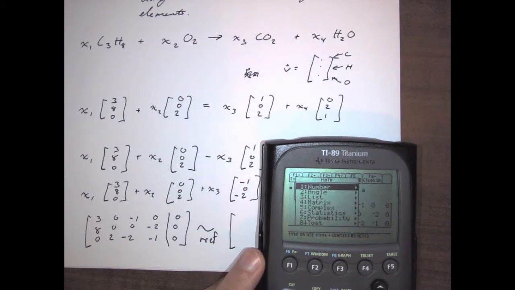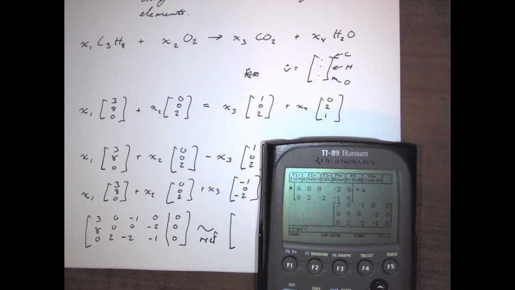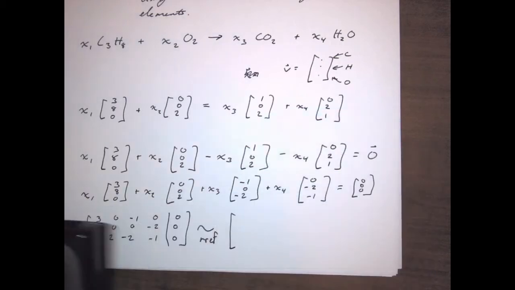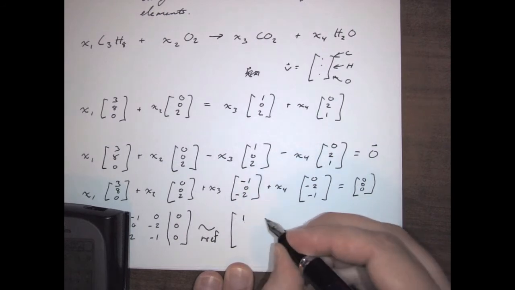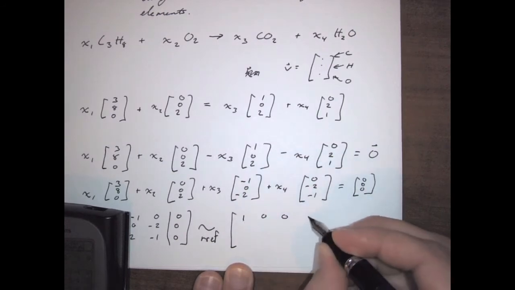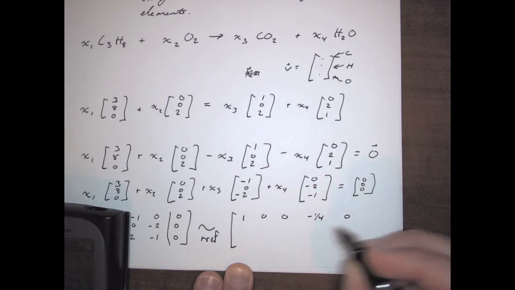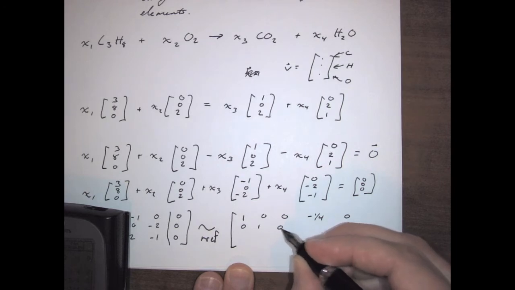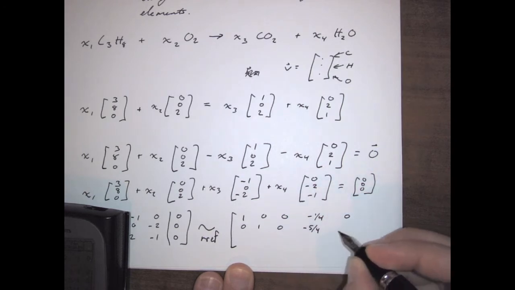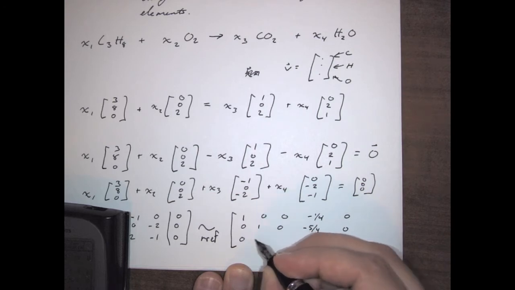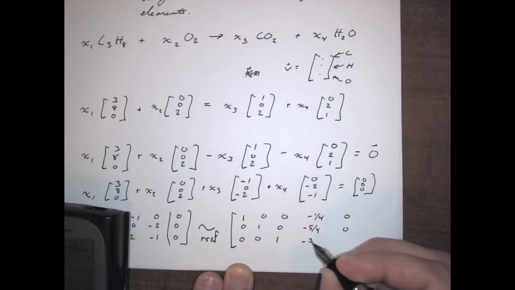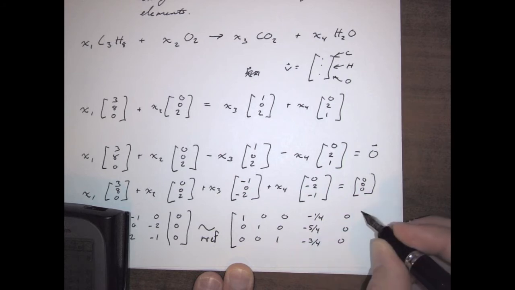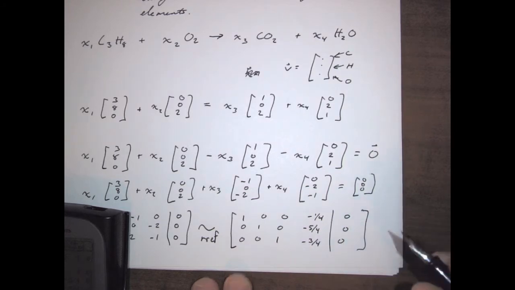Once you think you've got it right, then you go to the row reduction, and you can just put in the alpha and A, and here we have 1, 0, 0, -1/4, 0, 0, 1, 0, -5/4, 0, 0, 0, 1, -3/4, 0, and what this means then